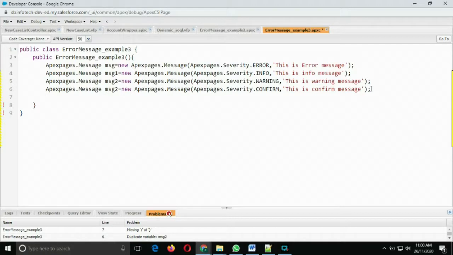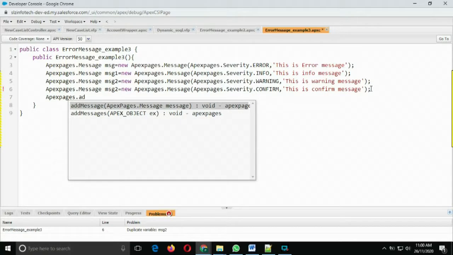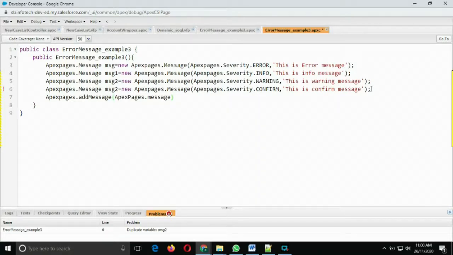Now we have to add the messages to display. Apex pages dot add message, and give the message name.